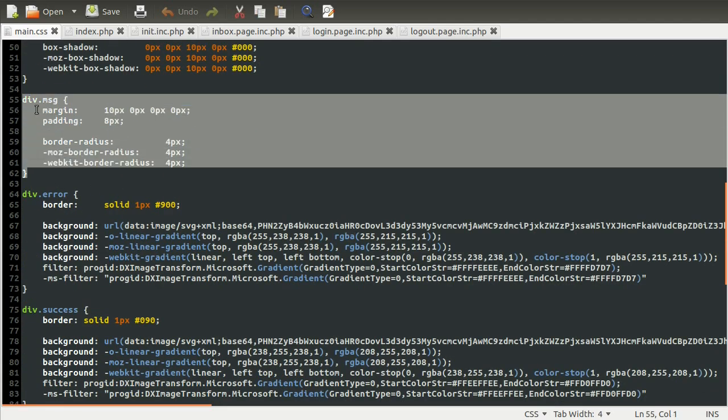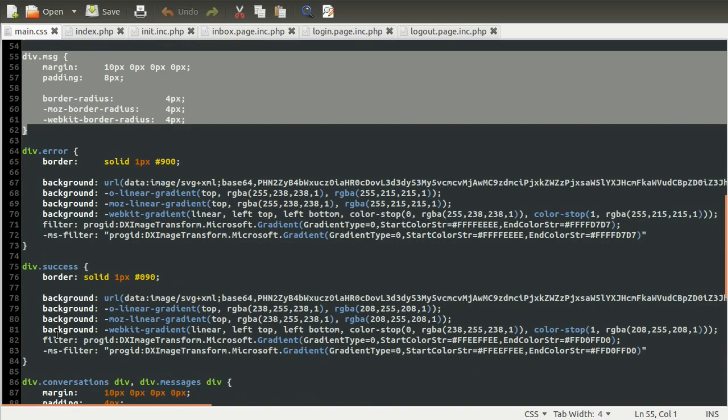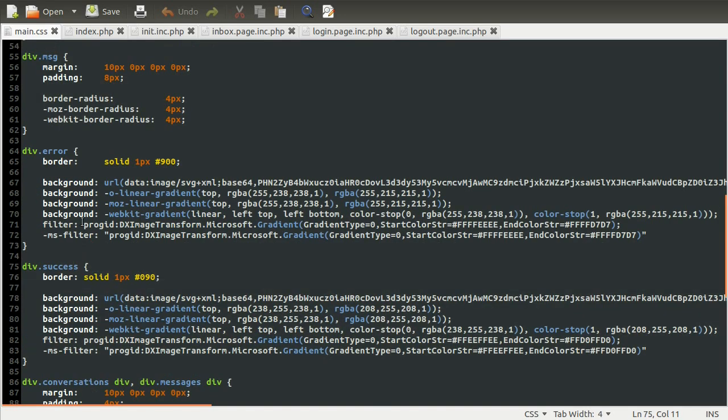So this message is being applied to the div that I just typed out, and so is this success here. Because we've got two types of message, one is errors and one is good things, so red and green. So the message just gives it a margin to move it down on the page a little bit, and the padding to make it look a bit bigger, and then it gives it some radius to make it look kind of nice. And then the success thing here just gives it a darkish green border,